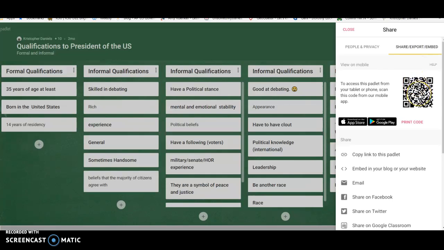You've got QR codes that you can use. You can print it out or you can put it on the board or whatever. You can copy the link and put it into your website, or you can send it out to them any number of ways. But Padlet's a great little tool, and it really gets discussion going, because a lot of times